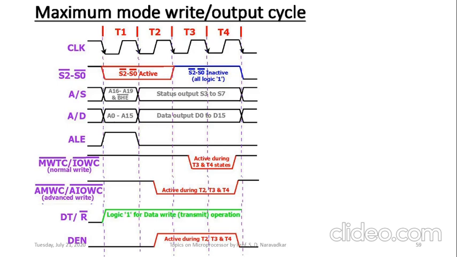So whenever the data enable signal is active during T2, T3, T4, if advanced write signals are used for the design, then still my buffers will be enabled because of the active high signal of DEN, data enable. If normal write signals are connected in the design, then in that case during T3 and T4, still that data enable signal is active, that is logic 1, so that operation can be carried out. It means that the data enable signal should take a proper waveform in accordance with the advanced write signals here.